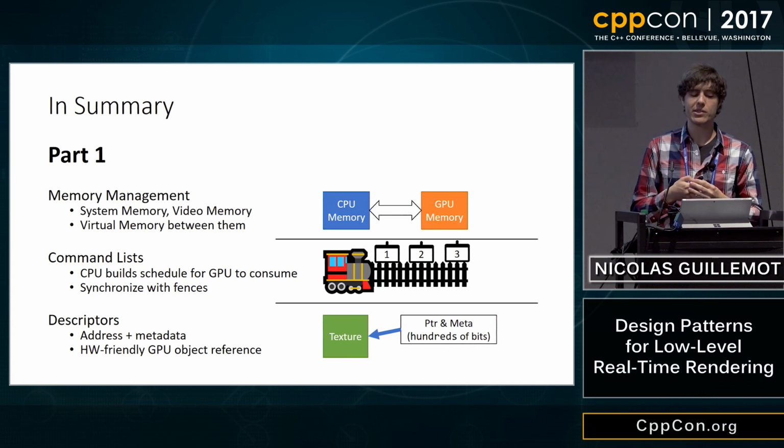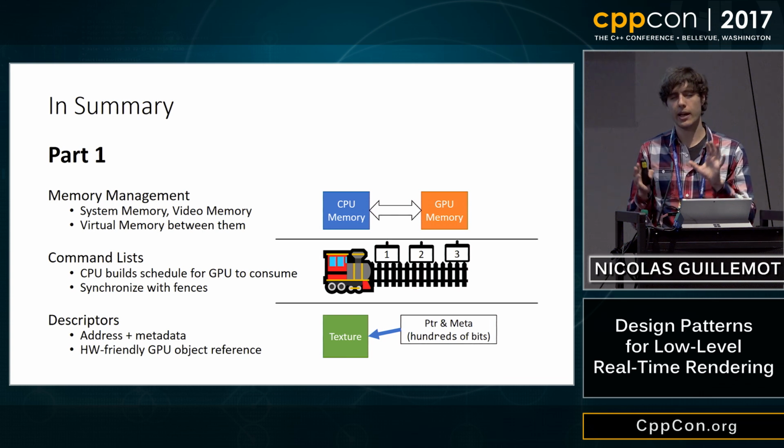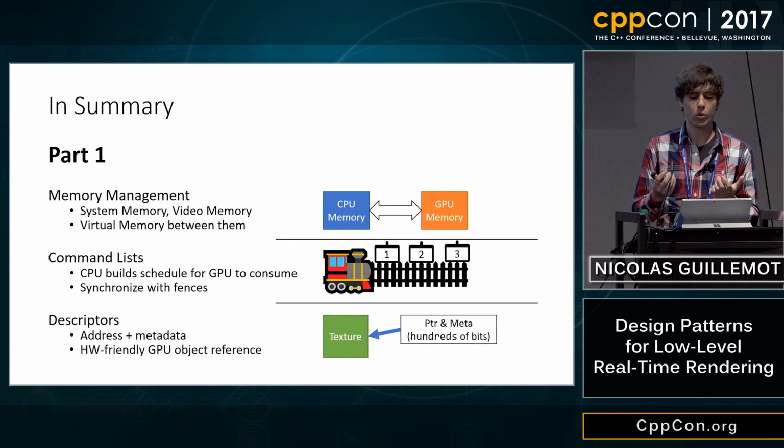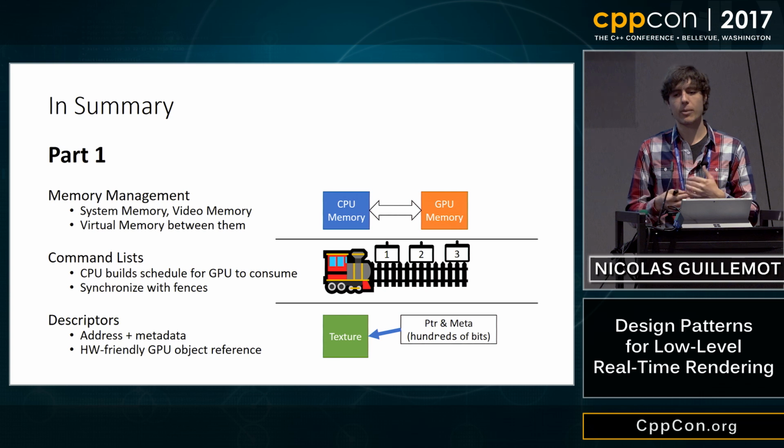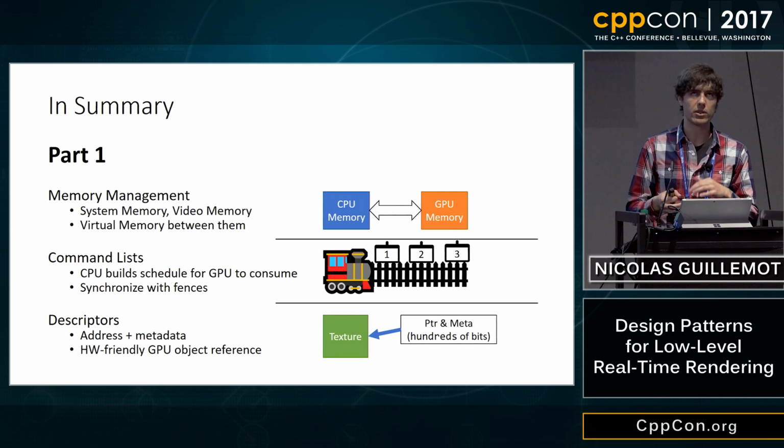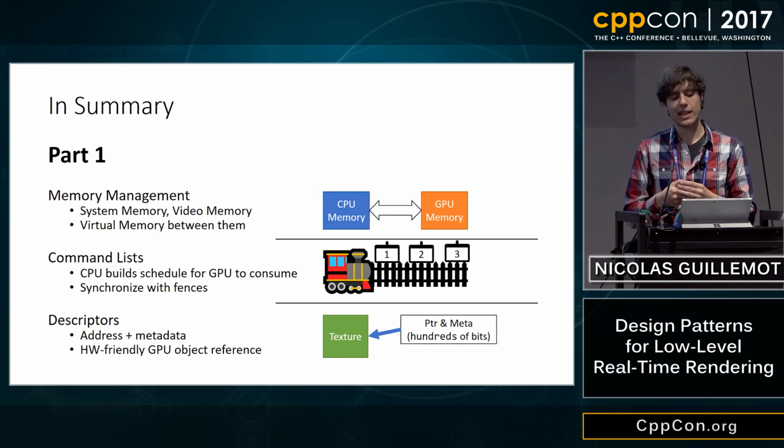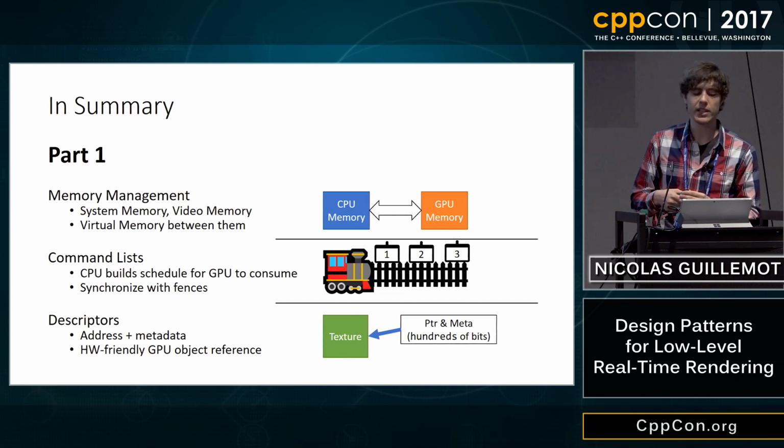Then I talked about command lists, where I proposed a big idea where the CPU builds a schedule for the GPU to consume in an order that is efficient and ideally correct. And then I talked about how we can use fences to synchronize the flow of commands between the two processors. Finally, in that part of the talk, I talked about descriptors very briefly, just to say